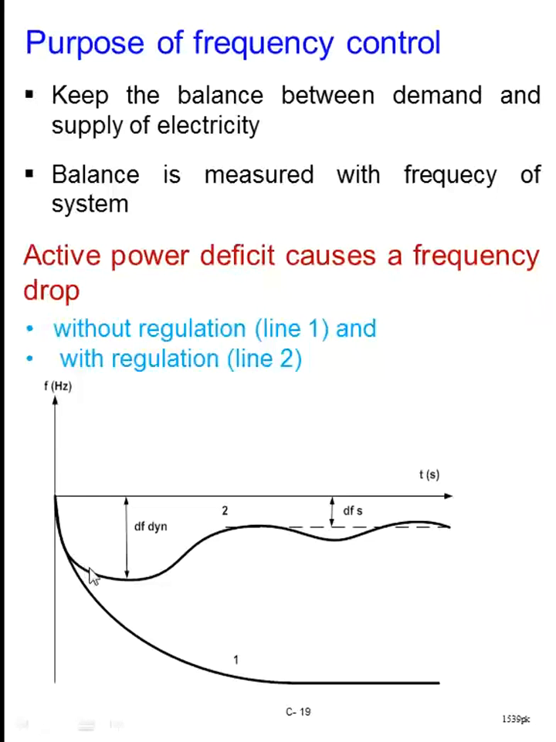So if you don't have any governor action or anything, right? Whenever you have a load increase, because you have active power deficit, frequency will drop and then it will settle down to some steady state value here, right? So in that case, this is the residual frequency change, you can say, right? Now if you apply some regulation to the governor action and so on,